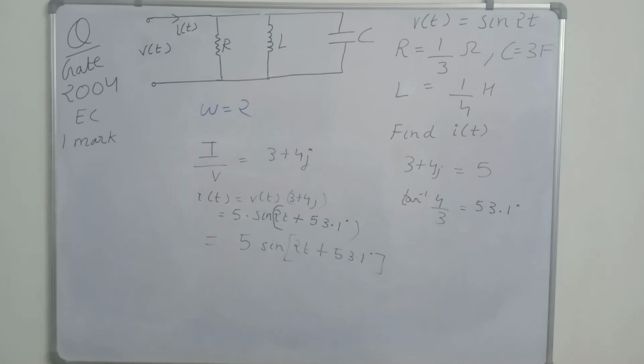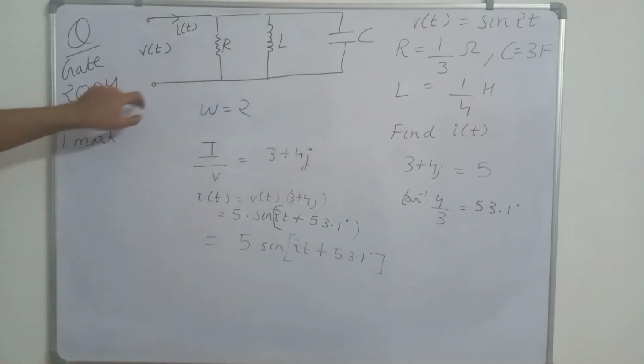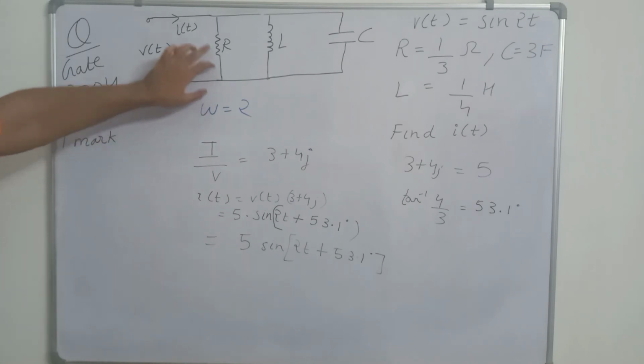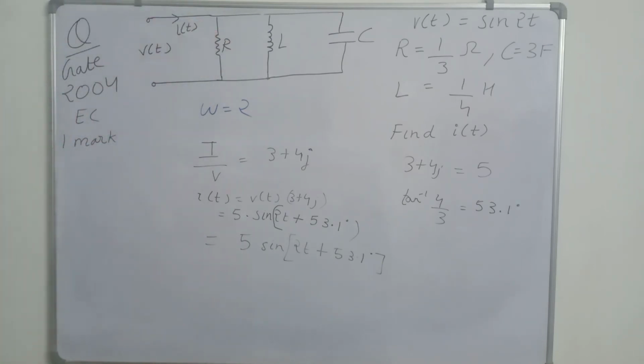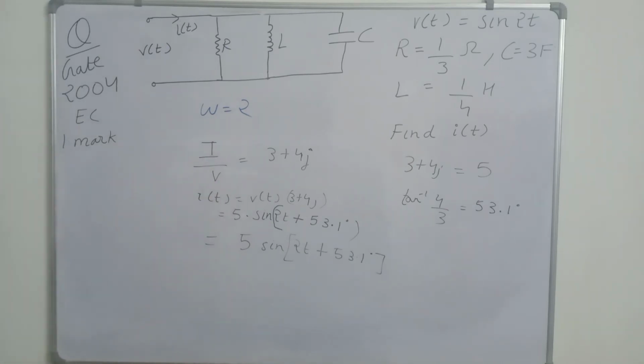To solve such questions, if you want to solve a parallel RLC question, then always find admittance only. Because if you find admittance, then you can directly add the admittance for all the circuit components. Finding impedance for parallel RLC will be very time consuming. Then you can just take admittance as the ratio of current to voltage. So then it is simple maths.